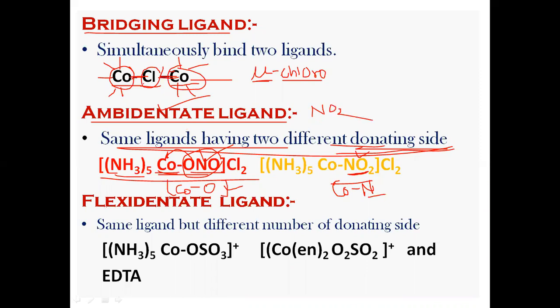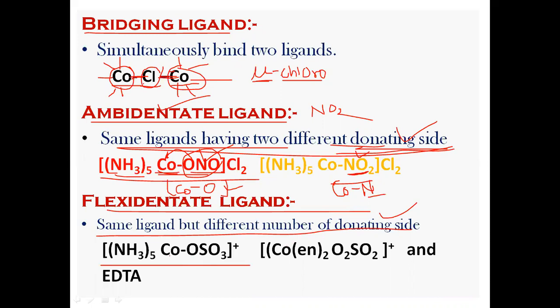Okay, then flexidentate ligand. Okay, flexidentate मतलब क्या होता है कि सेम ligand बट डिफरेंट नंबर ऑफ डोनेटिंग साइट। यहाँ पे क्या था, डिफरेंट डोनेटिंग साइट थी, और यहाँ पे क्या है, डिफरेंट नंबर ऑफ डोनेटिंग साइट। ओके, तो इसका क्या मतलब होता है कि एक कॉम्प्लेक्स है यहाँ पे, जिसमें SO4 दिख रहा है, सल्फेट, ये यहाँ पे CO के बीच में एक बॉन्डिंग है। CO मतलब कोबाल्ट है और ये सल्फर वाला ऑक्सीजन इसके बीच में बॉन्ड है। ठीक है, मतलब एक ही बॉन्ड बना है।